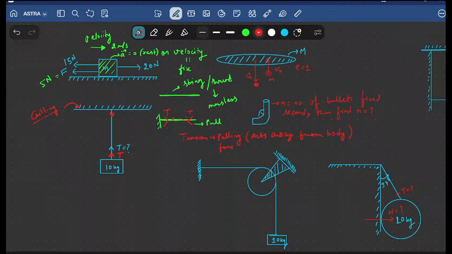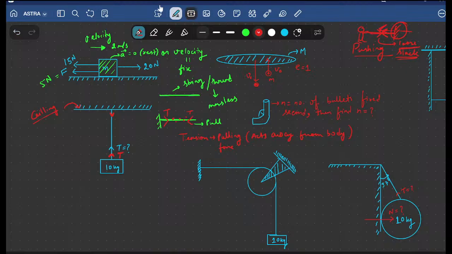Always remember, beta, tension cannot be a pushing force. It cannot push anything. For example, if you take a thread and a wall here and you try to push this wall with the help of this thread, it is not possible at all, because the thread will become loose. The thread will slack, and therefore you won't be able to apply force on this wall. But if you pull this thread, then you will be able to pull this wall also, right?